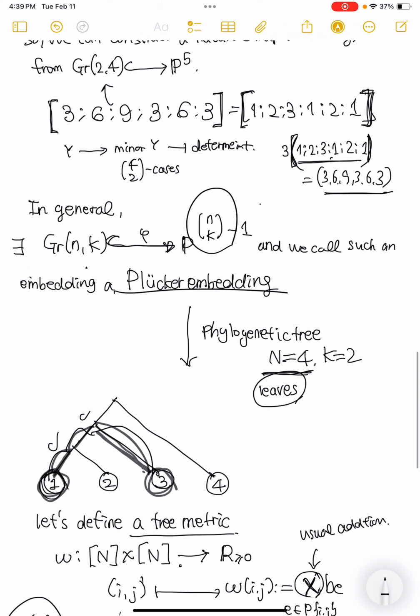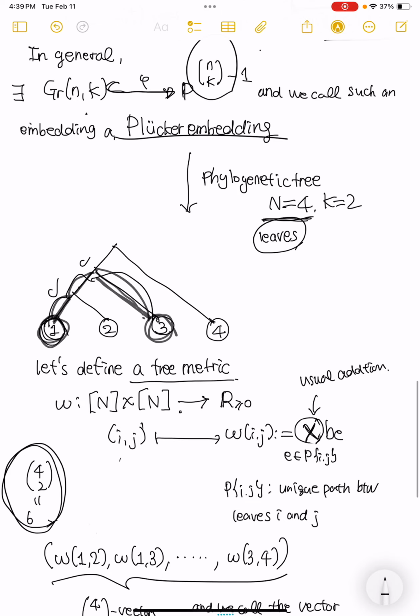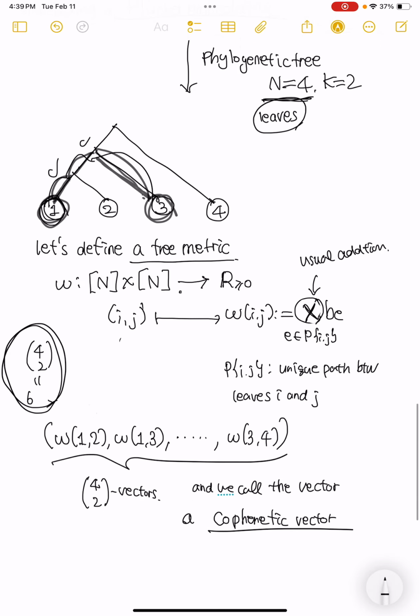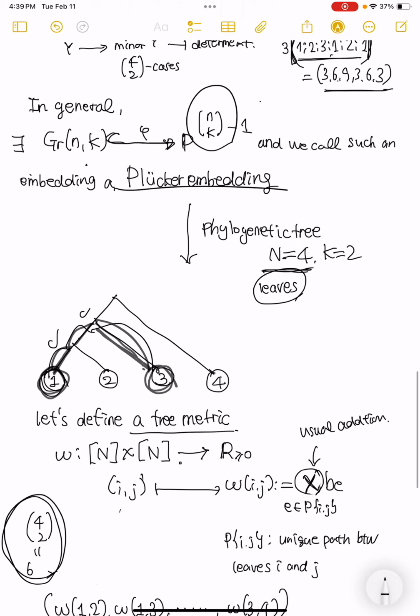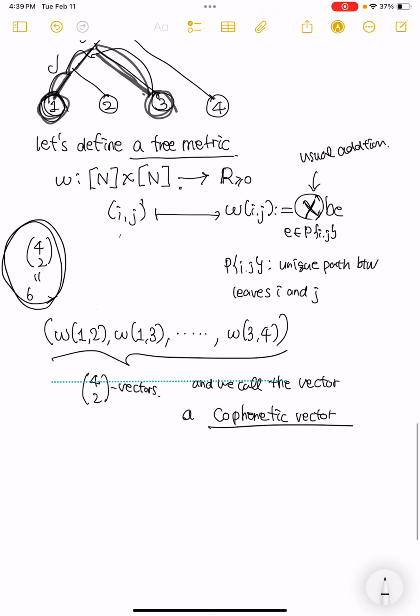That is related to a Plücker embedding. The number of choices is 6. In general, based on the similarity between the Plücker embedding and the phylogenetic tree, with n leaves given,